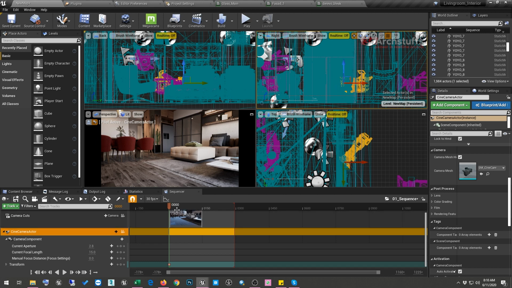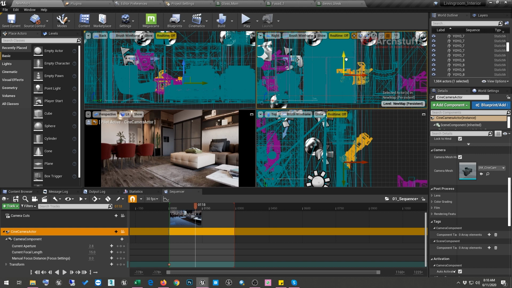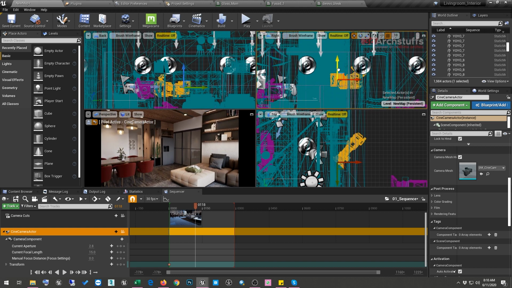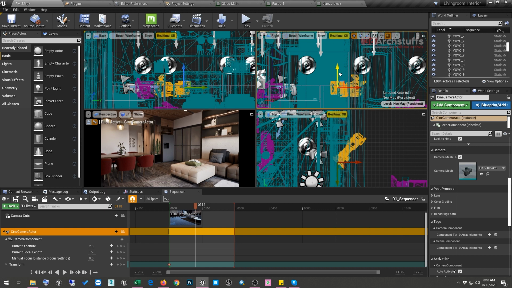And now you have to bring your slider to anywhere above this 0, and then you can animate this camera from here like this, and then click on this here, and a keyframe is added.